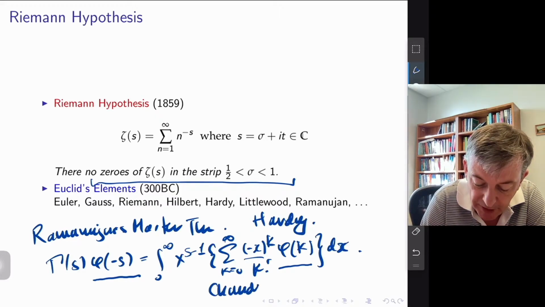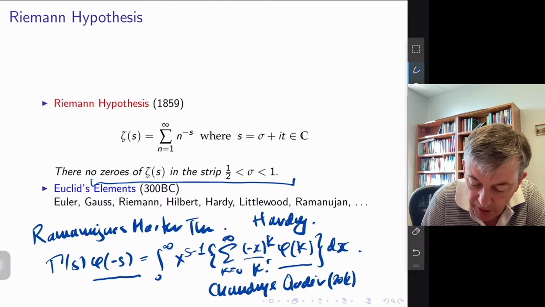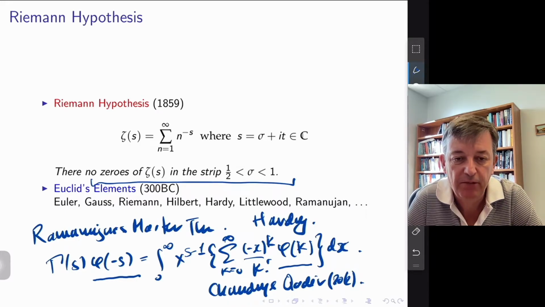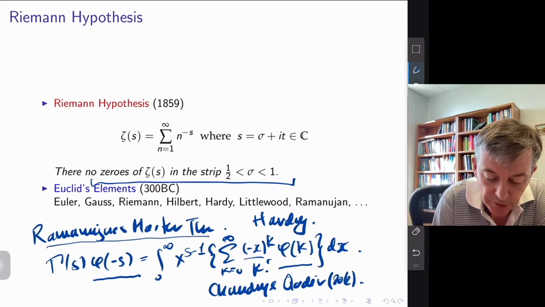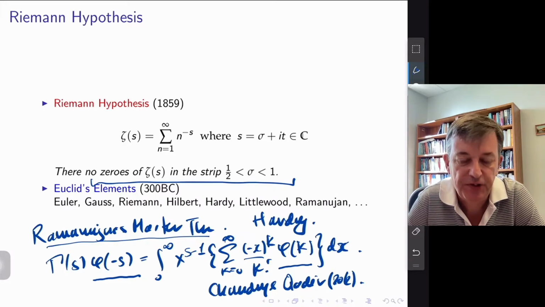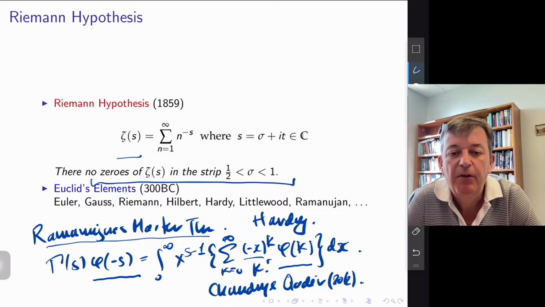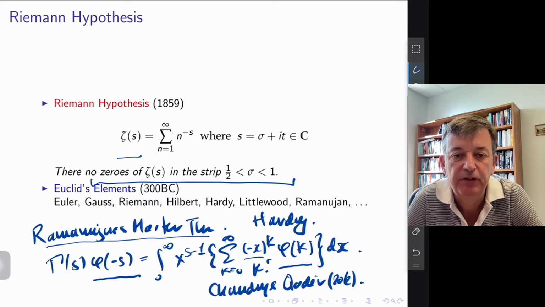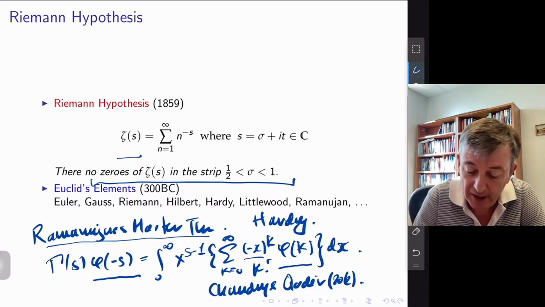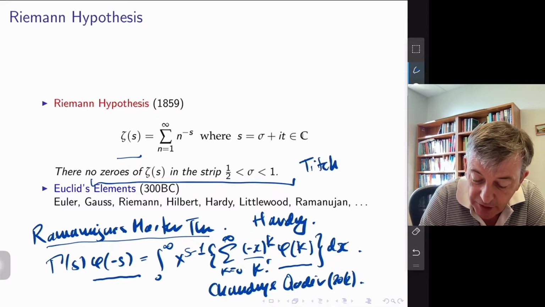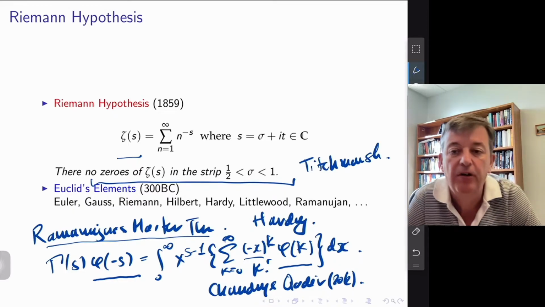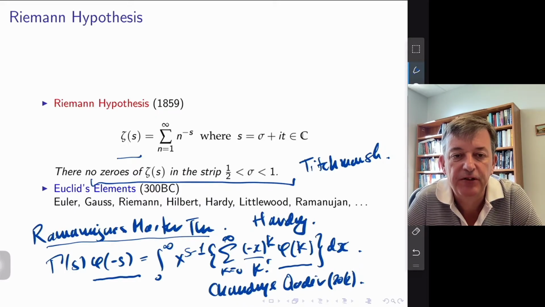There's an interesting paper by Chowdhury and Kadir around about 2012 that talks about how to apply Ramanujan's master theorem to functions like the zeta function up here, and how it can be used to analytically continue the zeta function to the strip as sigma goes from 0 to 1. And again, Titchmarsh, a famous book on the theory of the Riemann zeta function, has a lot of approaches of integral representations of zeta that it satisfies in the strip 0 to 1. And again, you can get those out of the Ramanujan master theorem.